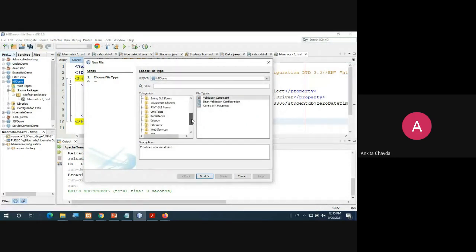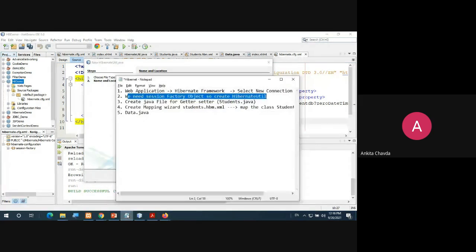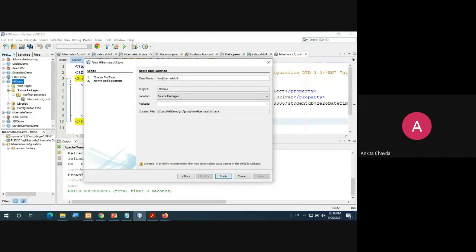Directly go to Hibernate, where you need to create the last file, HibernateUtil.java. I give it a name here; in my example I have given the name HibernateUtil only. I have removed this part, or you can keep it the same. And finish it.